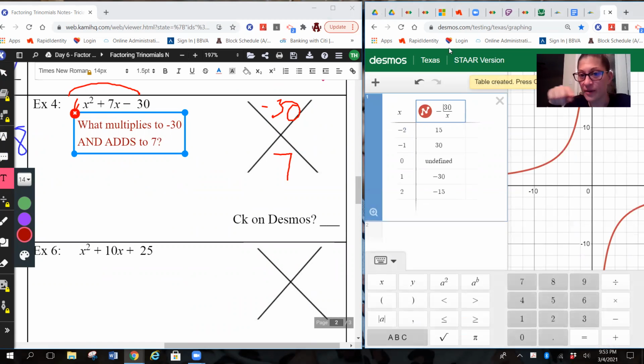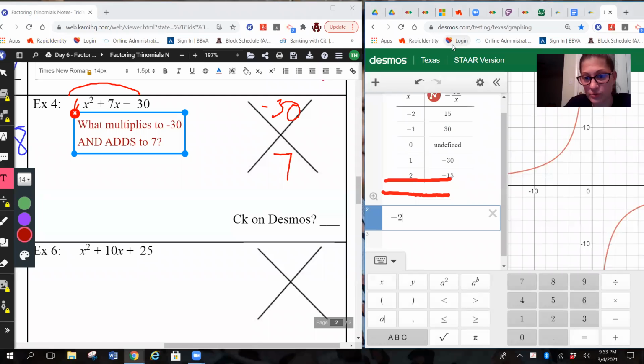When I add the numbers straight across, I'm looking for a positive. So these two right here would give me a negative. Let's try these two up here. Negative 2 plus 15. That gives me a 13. Too big. So now what we need to do,